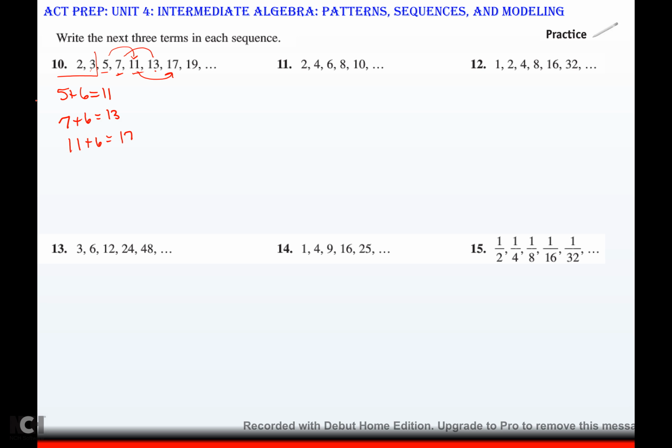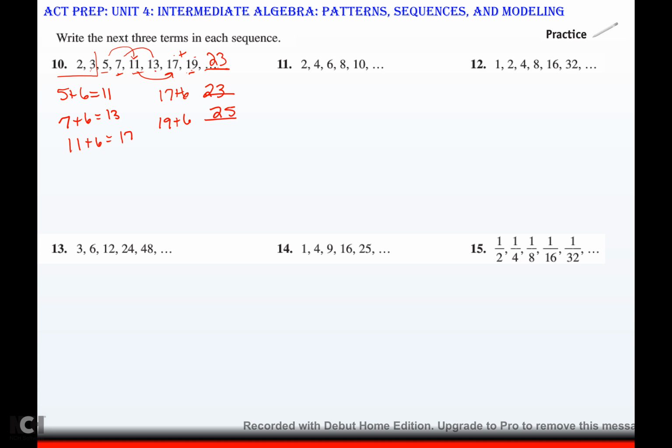So what that says is, if I want to get my next term, I don't add 6 to the one in front of it. I add 6 to the one before the one in front of it. Does that make sense? So to get my next one, I'm going to take 17 plus 6, which would be 23. Right? So that'd be there. To get my next one, I'm not going to take 23 and add 6. I'm going to take the one in front of it. So 19 plus 6, and that would be